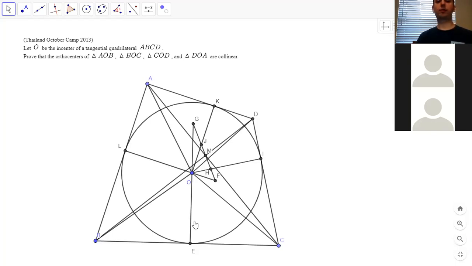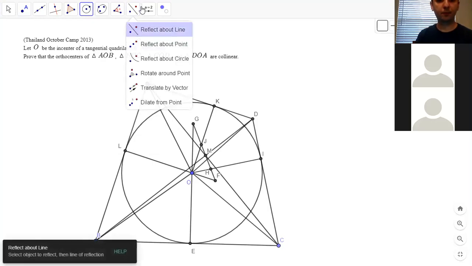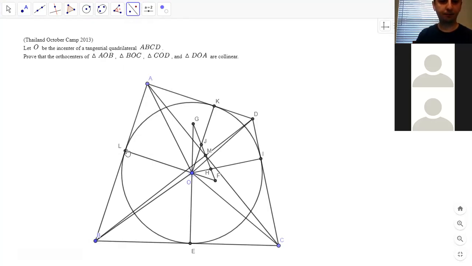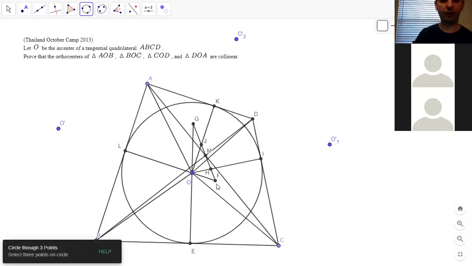I wonder if it's worth reflecting O over each of the sides, because then we get a bunch of cyclic quadrilaterals. Maybe we can find another special point on this line other than M. It's possible. So for example, if I reflect O over each of the sides, then